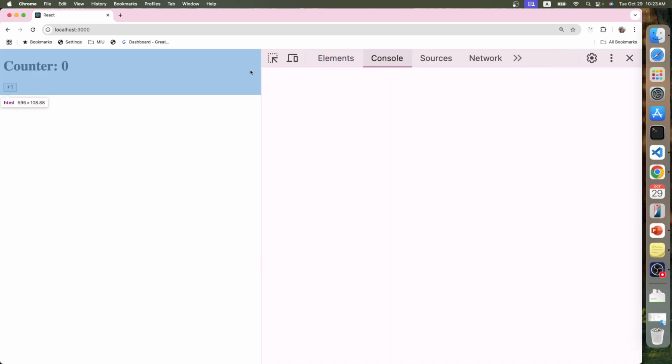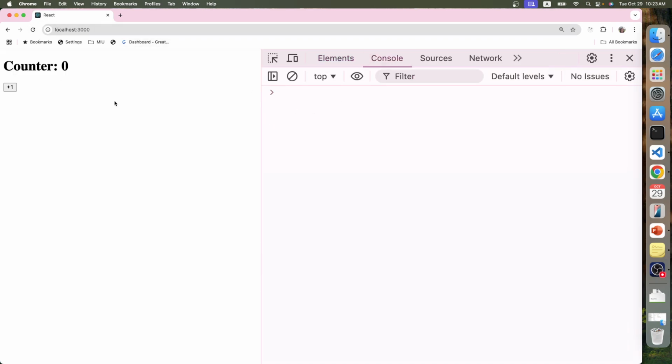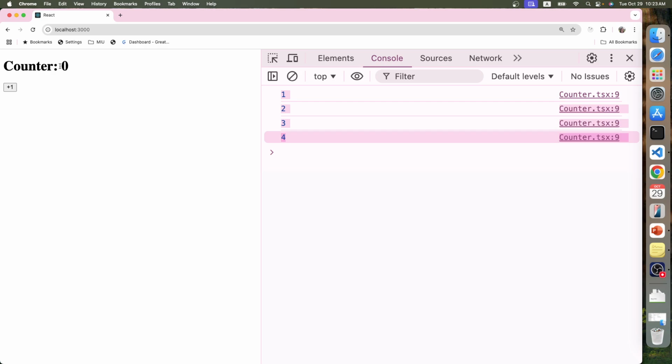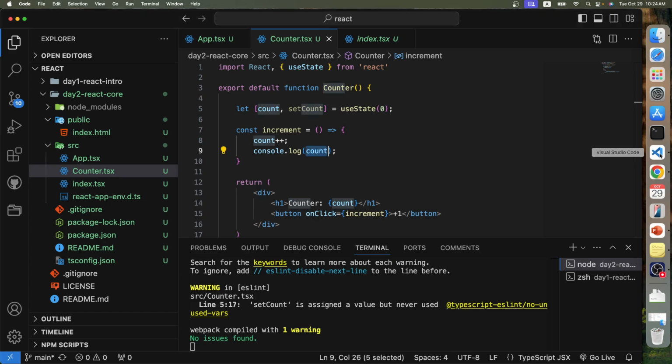Let's go to our console. No errors. You will see the count is being increased. See here? Every time it's being increased. But how about the counter displayed on the view? No, it's not being increased. The reason why, because when we